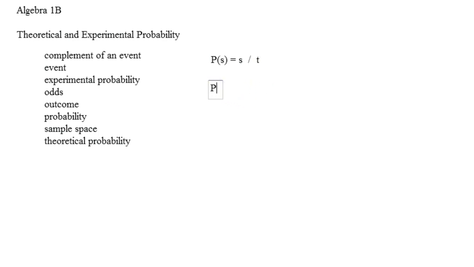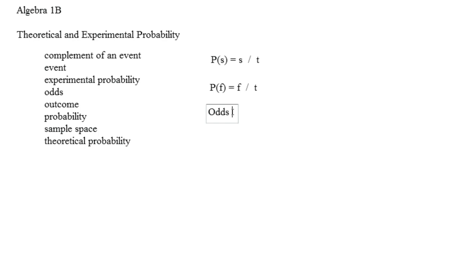Now, if I also wanted to find the probability of failure, which would technically count as a success because I'm looking for a failure, I would take the total amount of failures and divide it by the total amount of possibilities happening. The really cool thing, and the reason why I write it out that way, is that